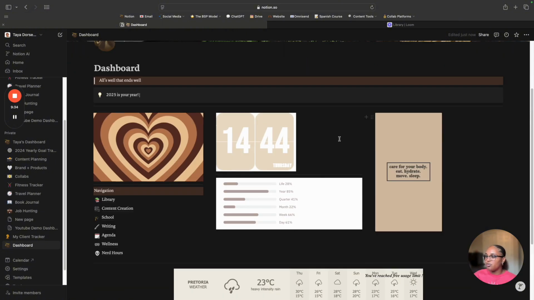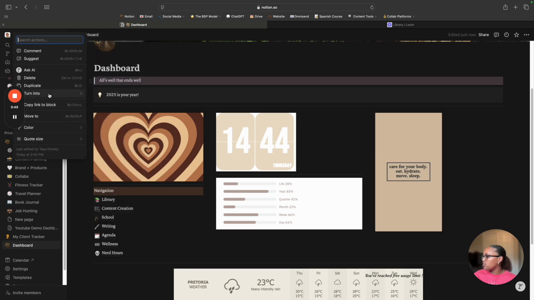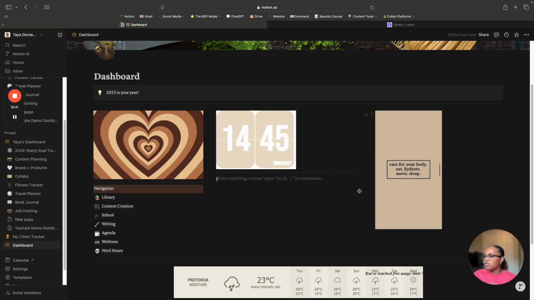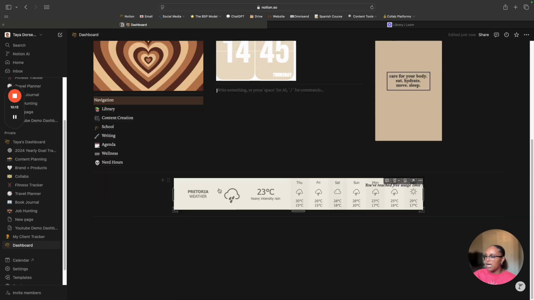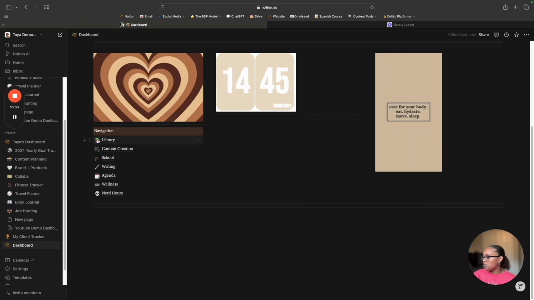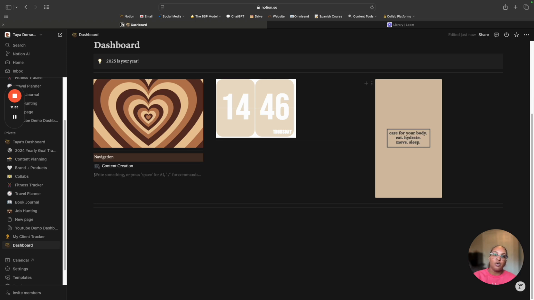We're not going to do too much into customization because I just want to add the staples in, but you would hit these little 6 dots and then just click delete. You literally just go through and change or add what is relevant to you. We really don't need any of these. Think about what sections will help you stay organized. You don't want to go too crazy and create so many pages within your navigation that you don't even know